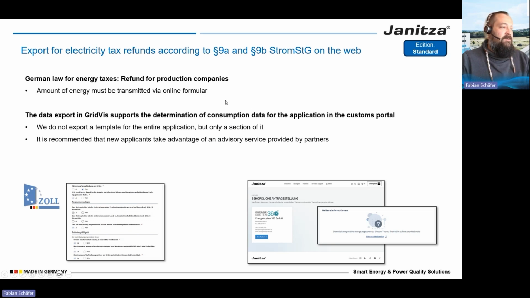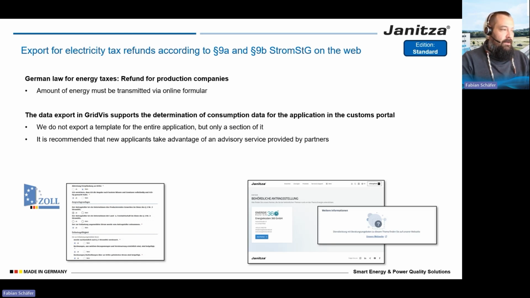It must be transmitted via an online form, and you have a lot of information you have to give over. And during this process, there is a point where you need to calculate all your amount of energy you consumed from the electrical grid in an amount of time,